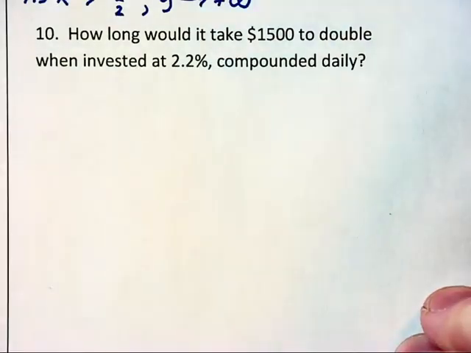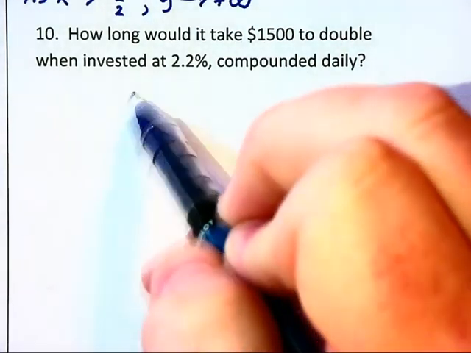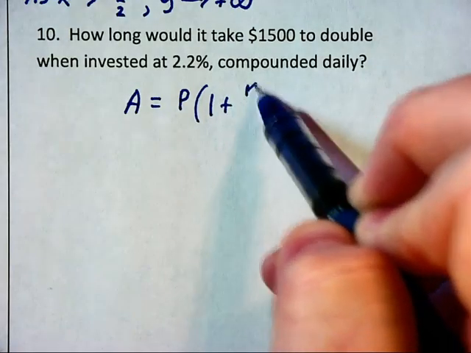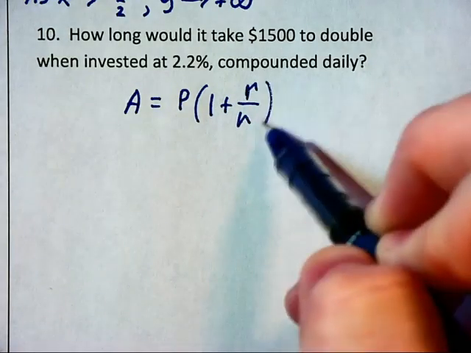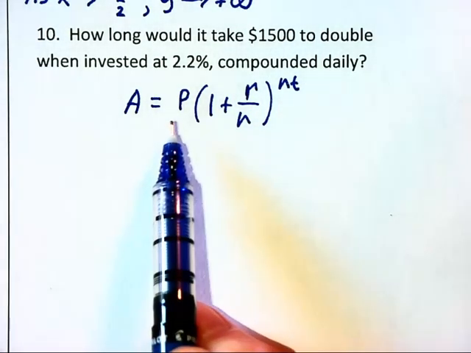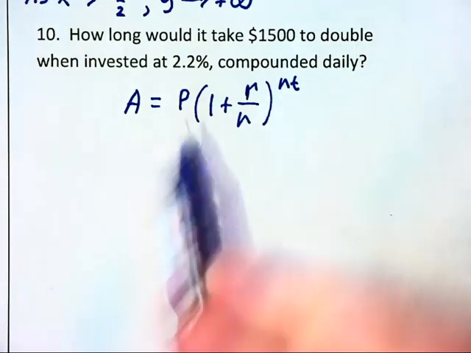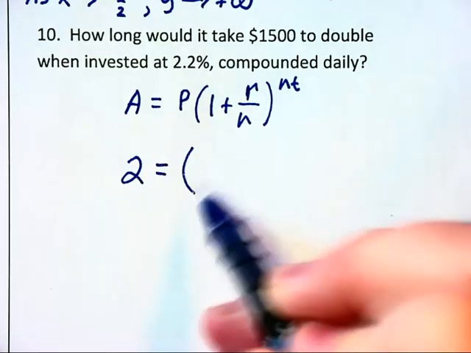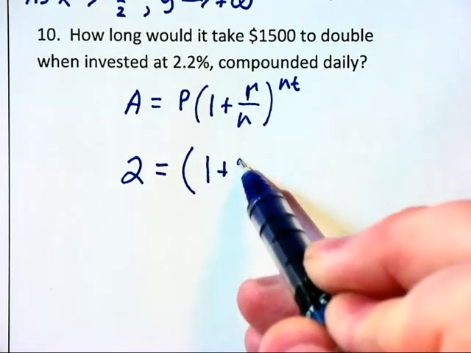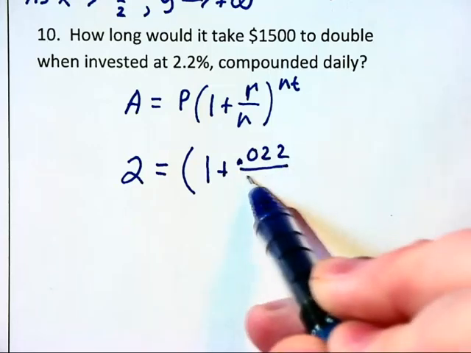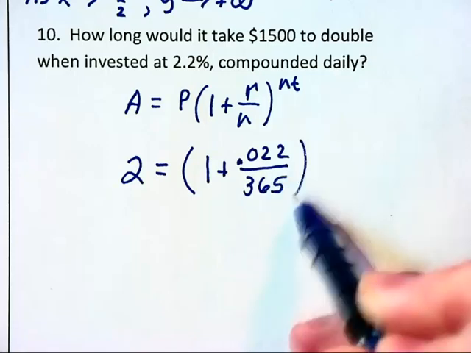Okay, how long would it take $1,500 to double? That's a compound interest problem, so we need to write down our compound interest formula. A equals P times (1 plus r over n), all raised to the nt power. Now, it really doesn't matter that we're beginning with 1,500 growing into 3,000. You could pretend this is 1 growing into 2. So I'm going to have 2 equals 1 plus r, which is 0.022 over n. This is daily, so 365 down below, all raised to the